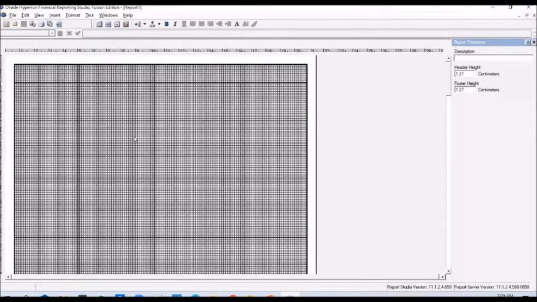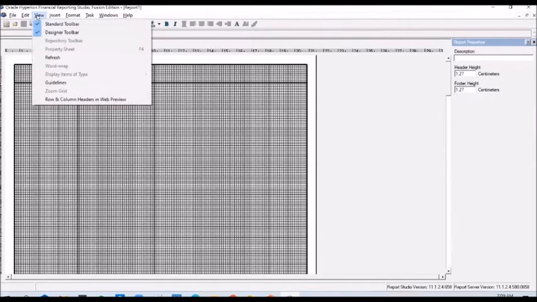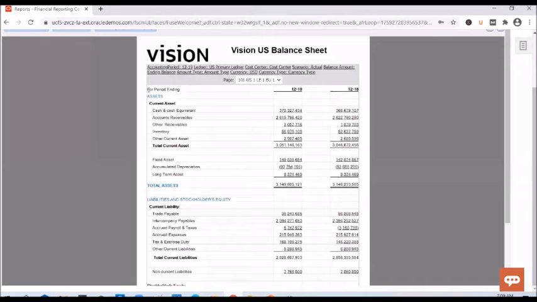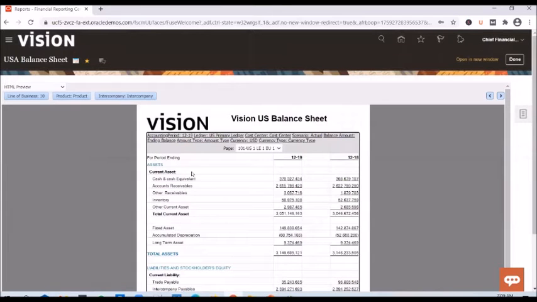So a blank report is created, and you will see these guidelines or fuzzy lines in the background. If you don't want to see them, you can take them off by going into View, guidelines, and those guidelines will be gone. And let's first start the report build by creating this table. The key part of FRS reports is this table, which is nothing but a grid. This table that you're seeing is called a grid in FRS reports.